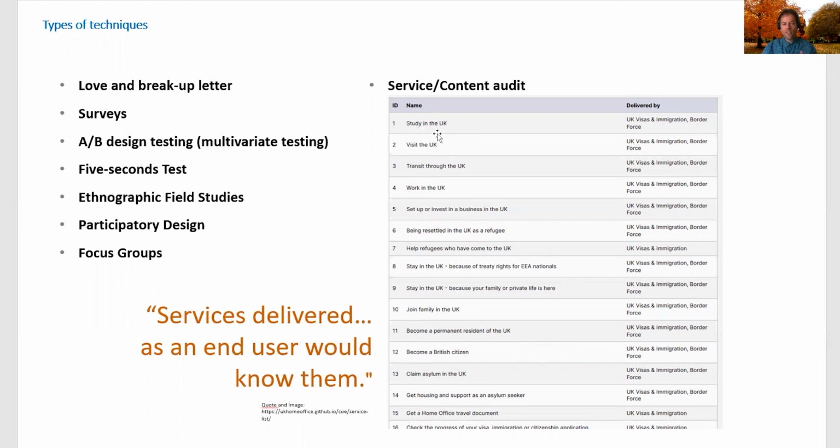So they have listed all their services under the names, under the categories that the user would ask, that the user would search for. Because many times businesses, organizations would list their services the way that they think of it, using their terminology. Here we're using the terminology of the user, because that's what the user would search for. So that makes it very easy for the user to find. And the content audit is, of course, listing all the services. So one page with all the services listed.